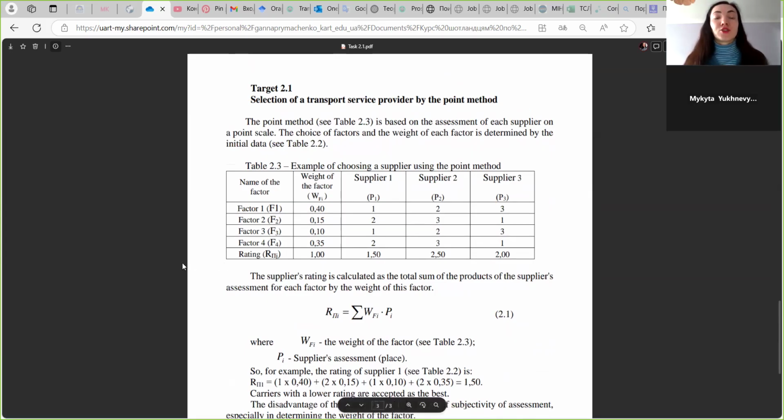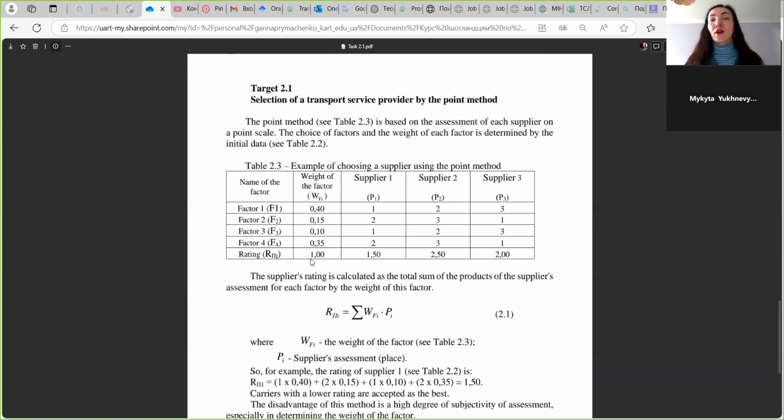We had a line as rating. We have a second column, the weight of the factor. From the previous table, we find these parameters for our variant and write this information here. The sum of these weights of factor is 1 for every variant. So it is 1, or if we used this parameter in percent, we could multiply it by 100 and have these parameters as